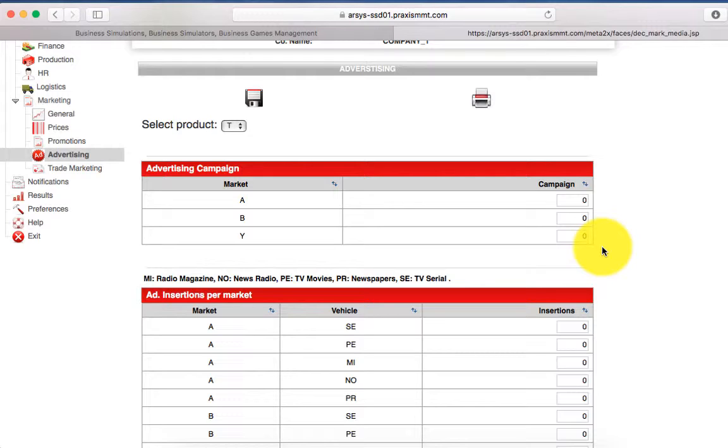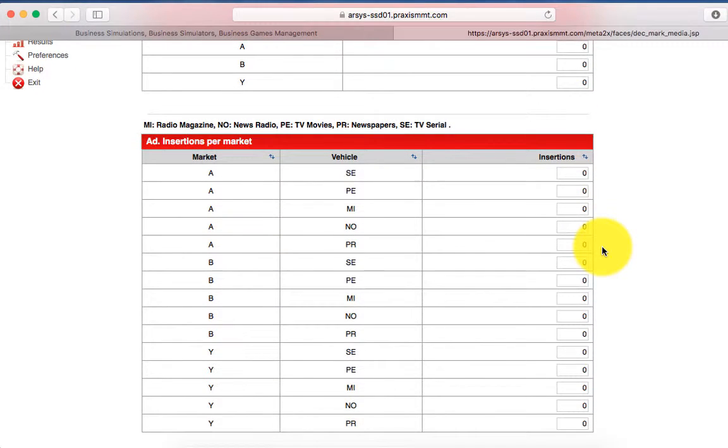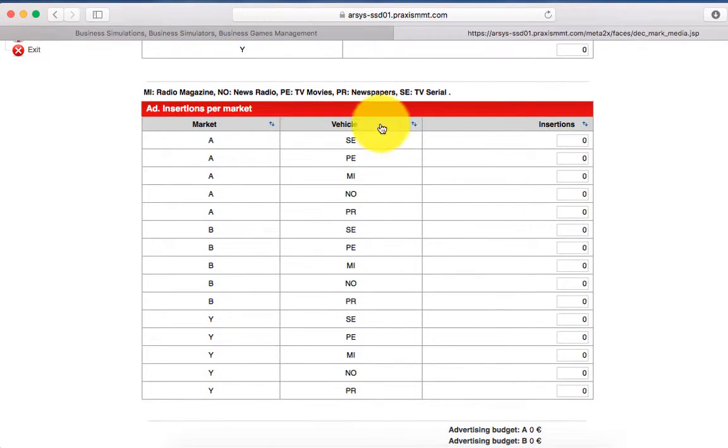Read it carefully and see which is the best advertising campaign that you think is useful and might fit your goals in terms of sales and the market segment that you want to attract, and that they will for sure buy your products. And then it's a tactical decision. It means that you have to input here all the insertions per year of the different media of the campaign. So you have to decide how many insertions you will have in news, in radio, in movies, in newspapers, etc.